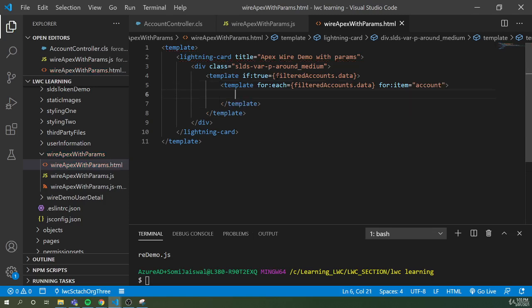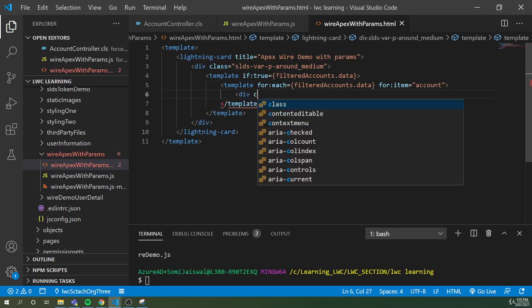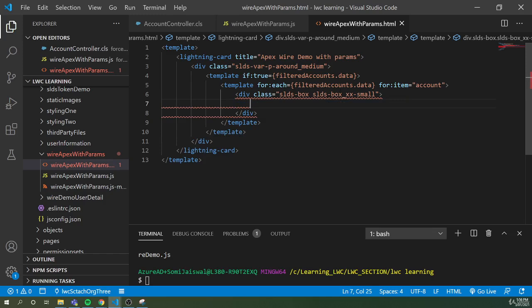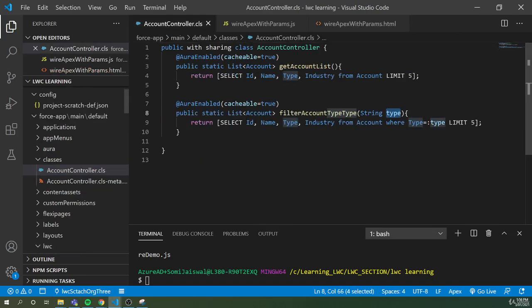And now here we're gonna create the box again with SLDS box, and we'll keep the size very small. So we'll say SLDS box should be double X hyphen small. This is the SLDS class, and here what we're gonna do is, first thing, in the for each loop we have to define the key. I'll say account.id. I know from the class I'm returning the ID,